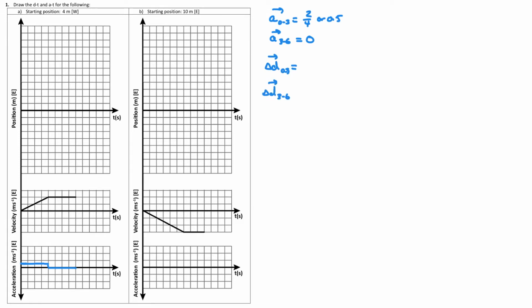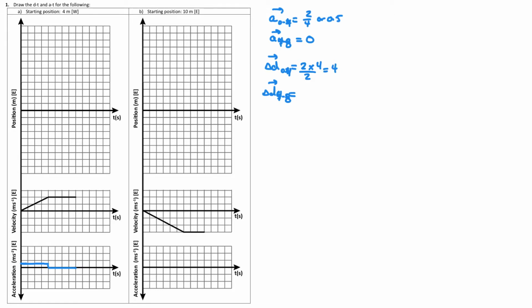From 0 to 3 seconds, we have to find the area of this triangle, and for the next section, the area of this rectangle. The area of the triangle is 2 times, actually it's 4 seconds, sorry. I should say this is 0 to 4, and this is 4 to 8. So it's 2 times 4 divided by 2, which is 4